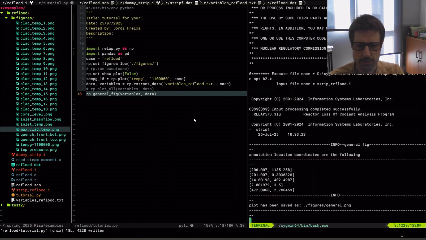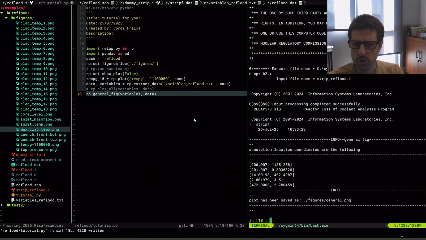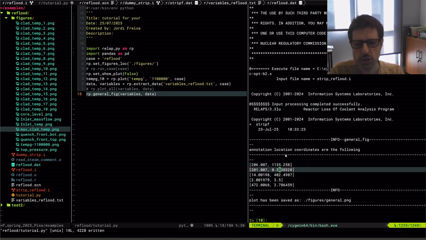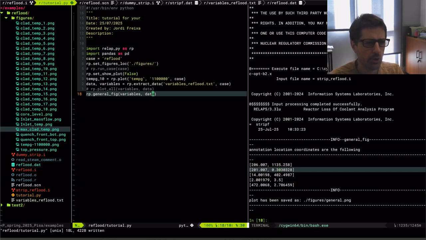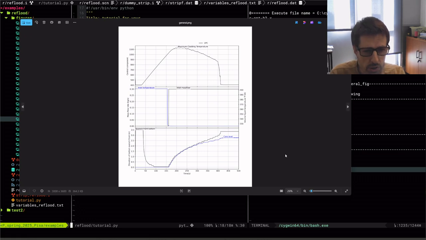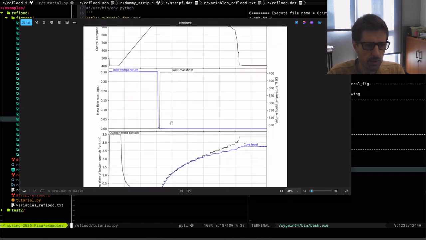Let me run. Okay, annotation location, so info general figure. The general figure was created, and here it tells you annotation location coordinates are as following. Okay, this is for advanced users, but let's see this picture. Let me refresh here. Indeed, general figure has been saved here. Let's see how the picture looks like. And okay, this is what we've got here. I think it's quite a nice figure, and